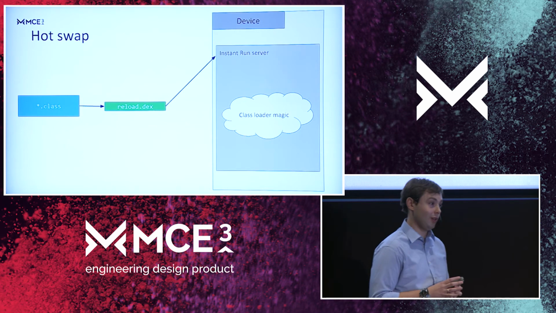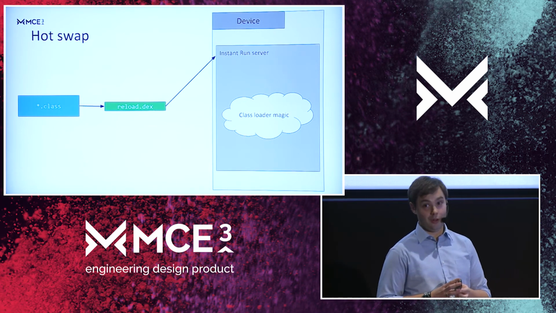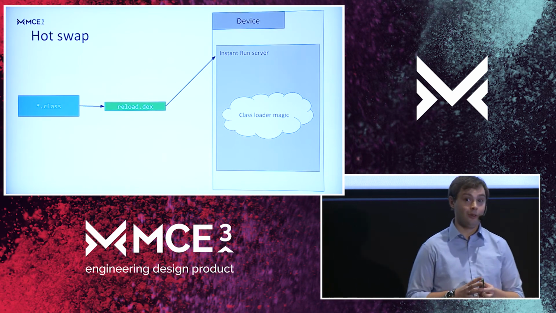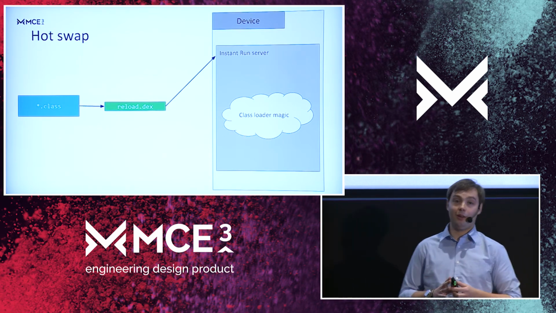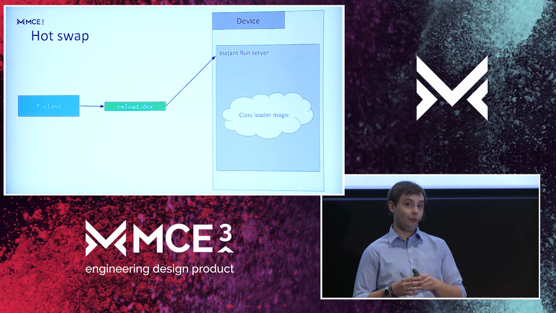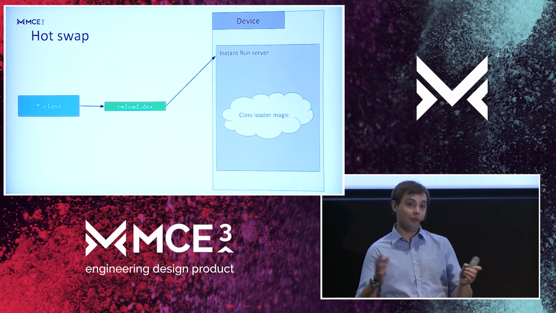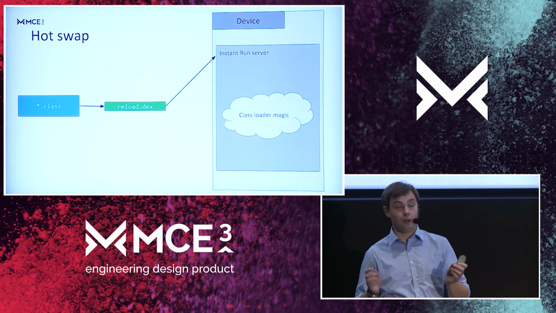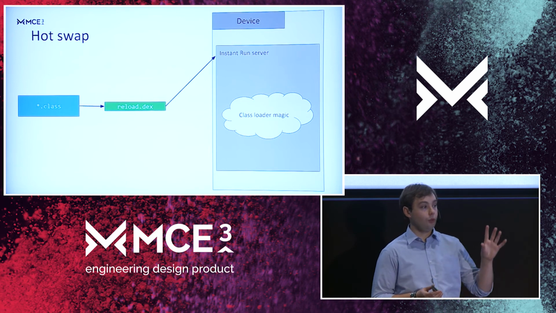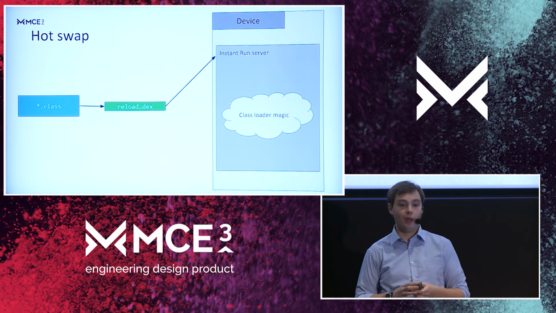So I guess I should have mentioned that instant run compiles a socket server into your application, and then it starts the socket server, and Studio connects to this socket whenever it needs to do a hot swap. So whenever you see the lightning bolt in Studio where you're using instant run, that means that this connection is actually active and it's working. So Studio will take the dex file, it will push it through the socket to the running application, and then the application itself will then